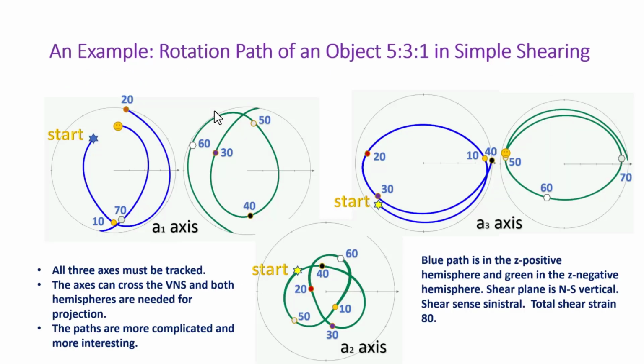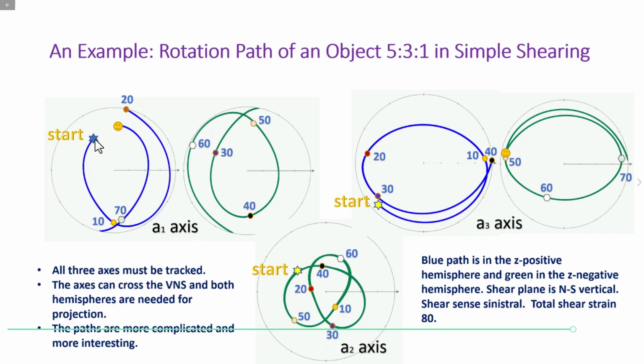Just to give you a heads up, suppose we have a simple shear flow. The flow field is still a monoclinic, simple one. However, the three semi-axes are 5 to 3 to 1. Suppose the initial A1 axis is here, the A2 axis is here, and the A3 axis is here, with their orientations projected on this stereographic projection. So the starting orientations are here. Now these are the paths of the three axes in simple shear. So look at the A1 axis.